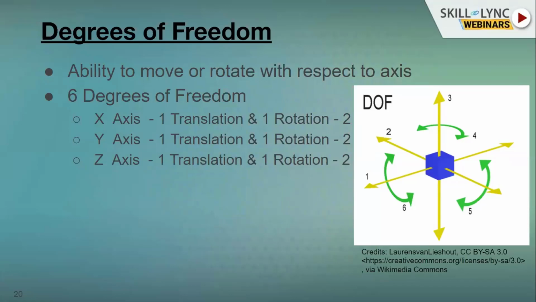So for X, Y, Z, putting all of them together, it would come to 6. So 6 degrees of freedom. If we arrest all these 6 degrees of freedom, the part will not be able to move from its place. That's called degrees of freedom.